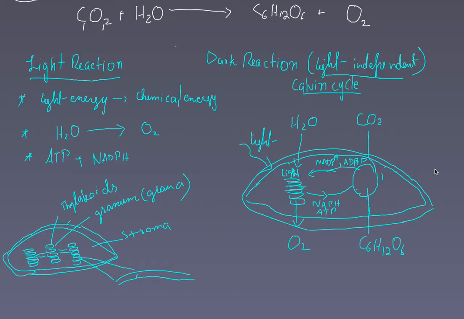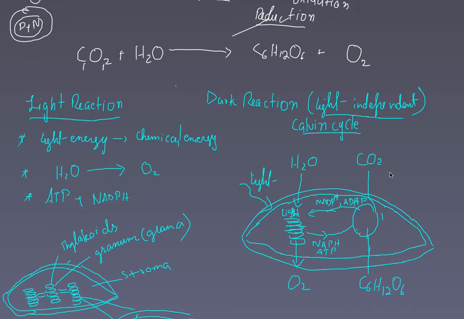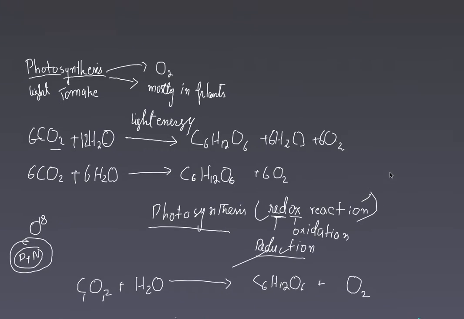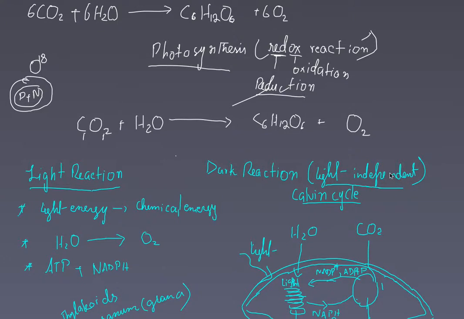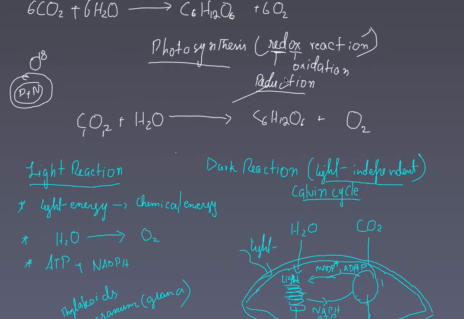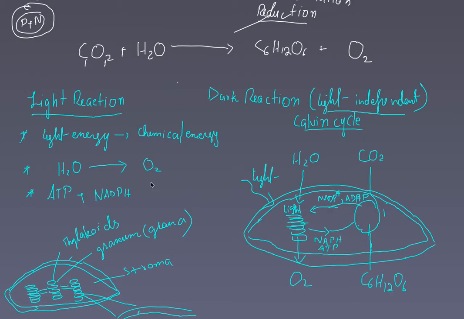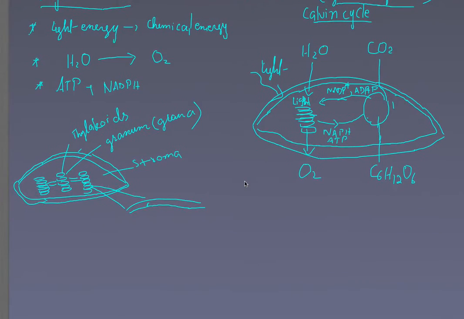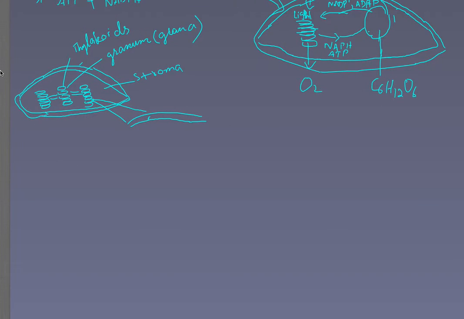In the previous video we discussed photosynthesis, and then we looked at why it is called a redox reaction and the different parts of photosynthesis, which were the light reaction and the dark reaction. We discussed what happens in the light reaction and what happens in the dark reaction. Now in this video we're going to go into detail of what is going on